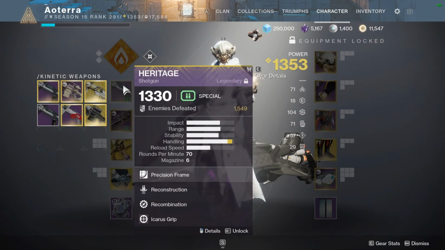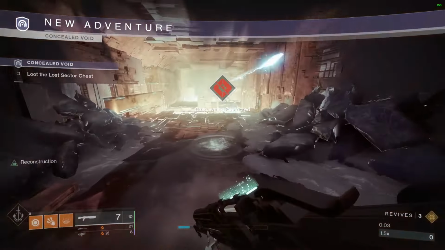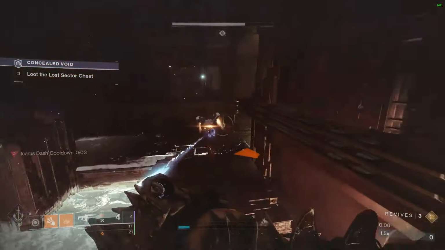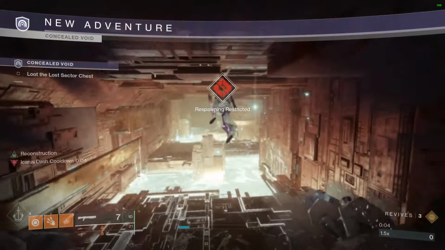Heritage is basically for killing ads, cleaning up mages, and shooting the Warmind cells. To start off, I don't use my Icarus Dash immediately. I wait until I've done 2 burst glides, then use it. This is because of the weird terrain. If I did an Icarus immediately, I wouldn't be able to consistently get a good bounce that lines me up